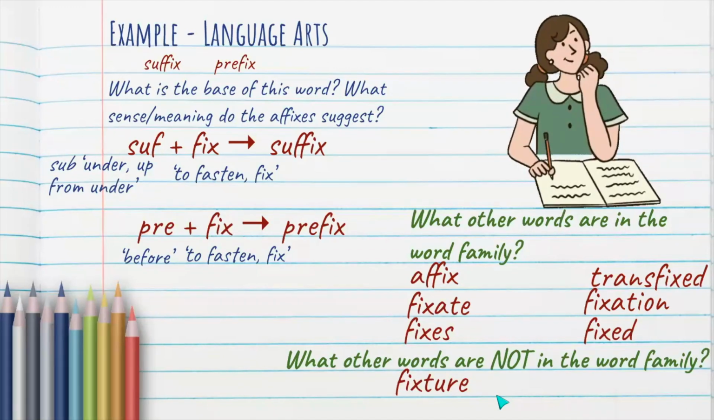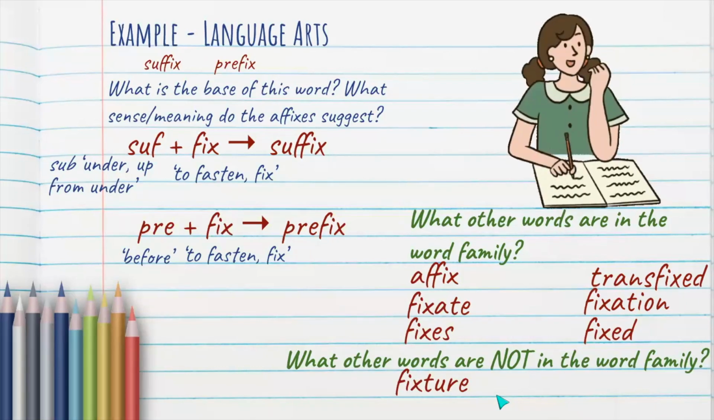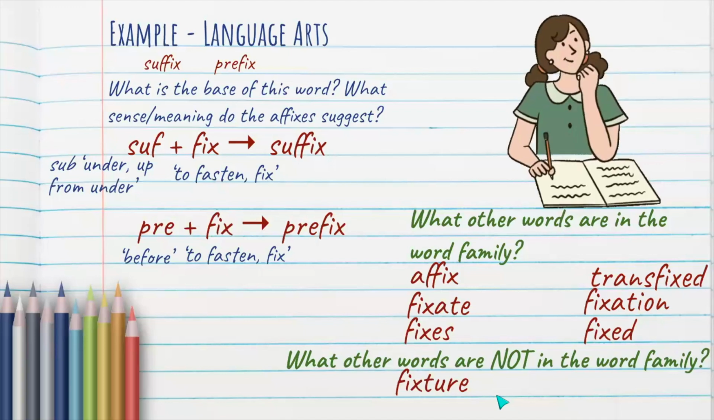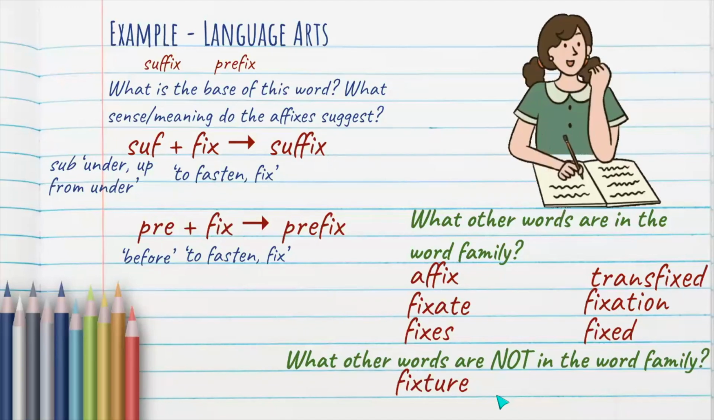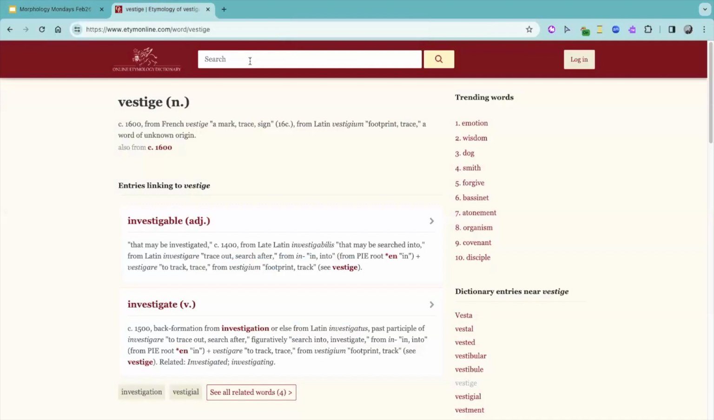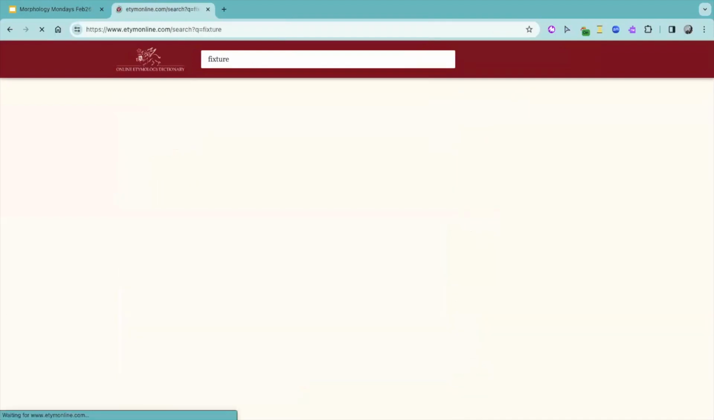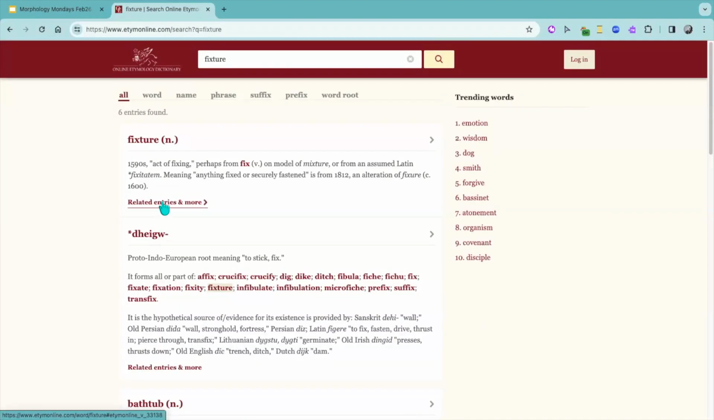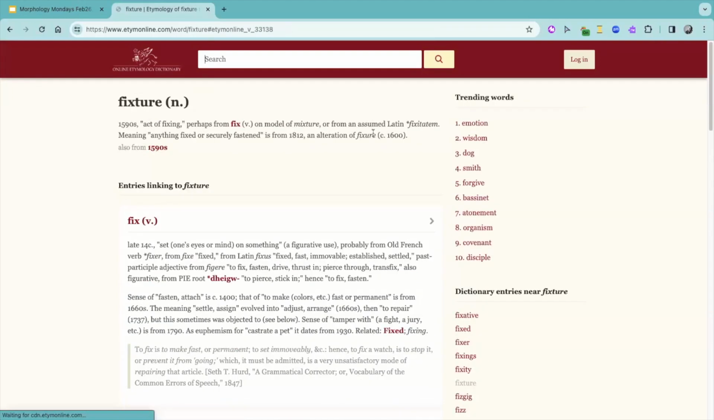When the people were making decisions about spelling and how we spell things, they said, well, we already have this mixture word. Why don't we just spell fixture the same way? So if I look up the word fixture here, it originally was spelled fixure. It's built on the model of mixture,